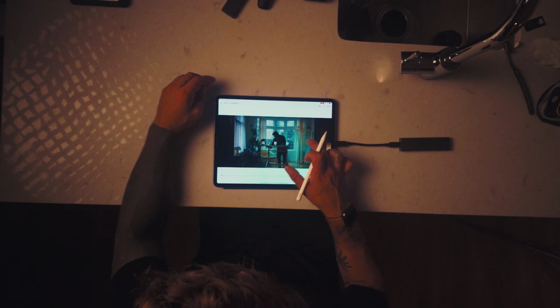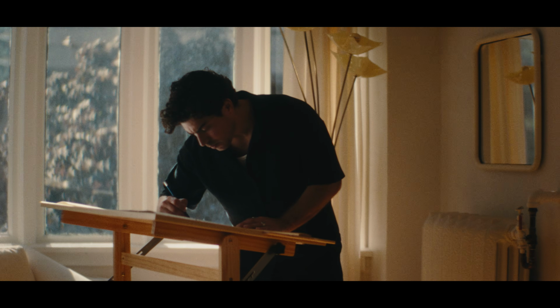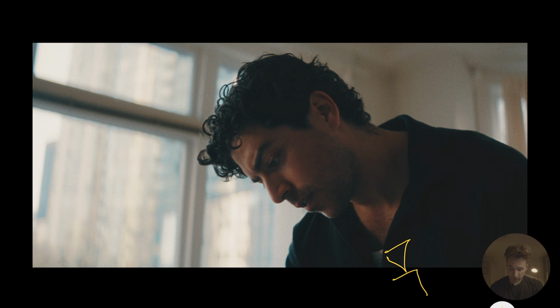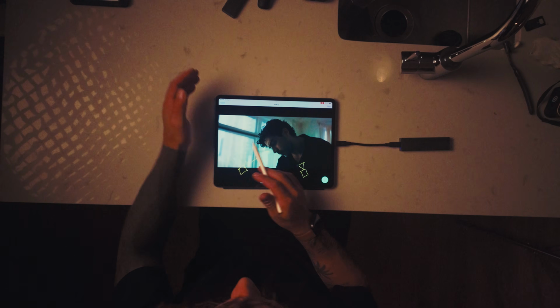So after this shot, we see him, we are kind of pushing in, and then we reveal a close-up of him at the drawing board, right? He's drawing away. Now going into the close-up, I had my camera here, shooting on the shadow side once again, just to create that more shadowy three-dimensional look. Because if I had my camera over here, on the front lit side, it would probably look pretty flat because the window